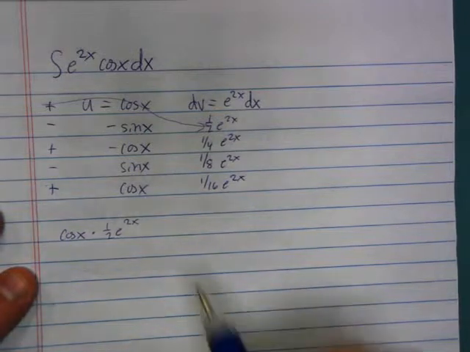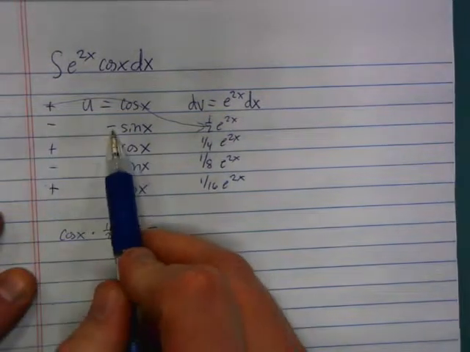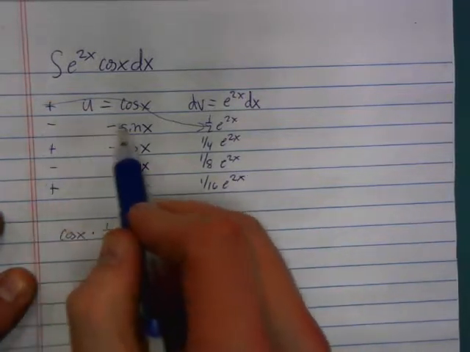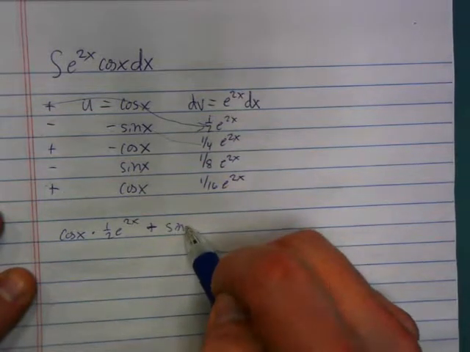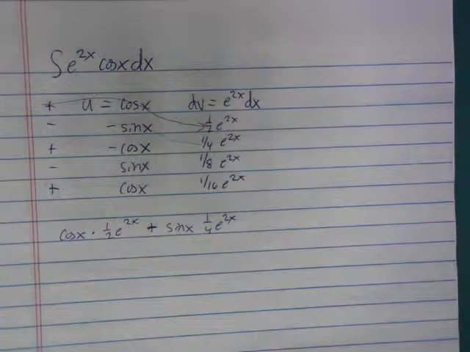And our second one would be minus, because we have a minus, but then we have another minus right there, so that's going to make it a plus. And we go like so. Sine x 1/4 e to the 2x. And then,